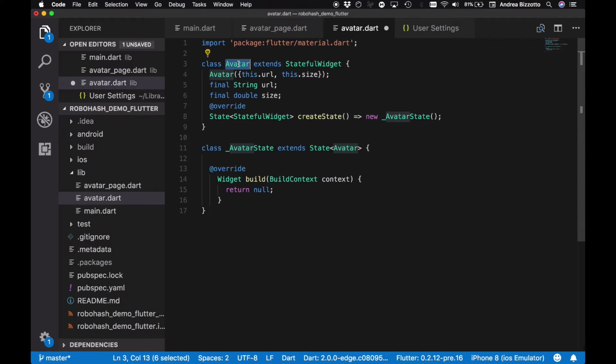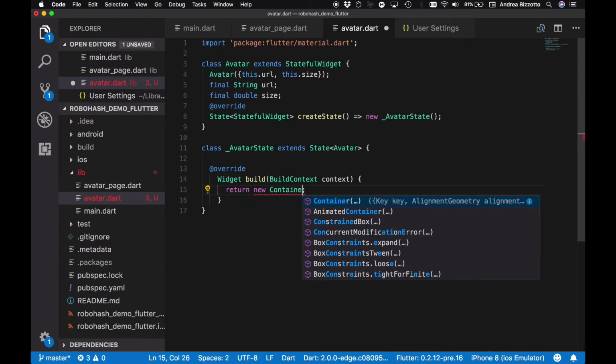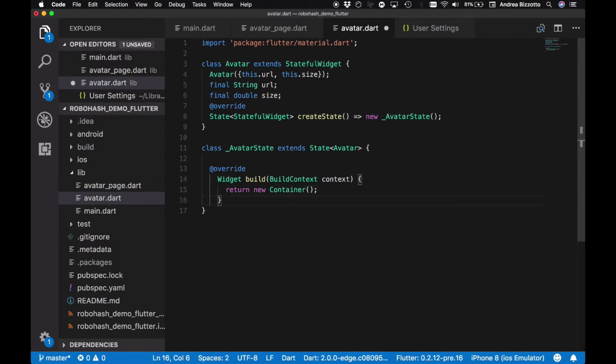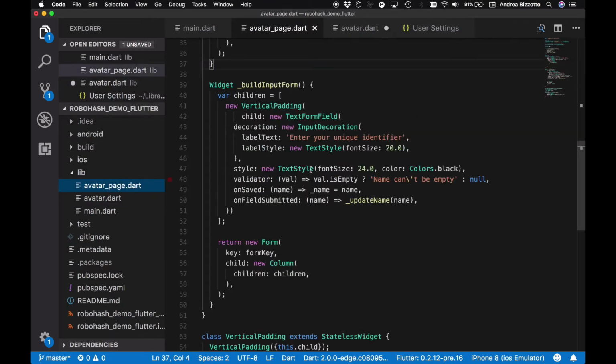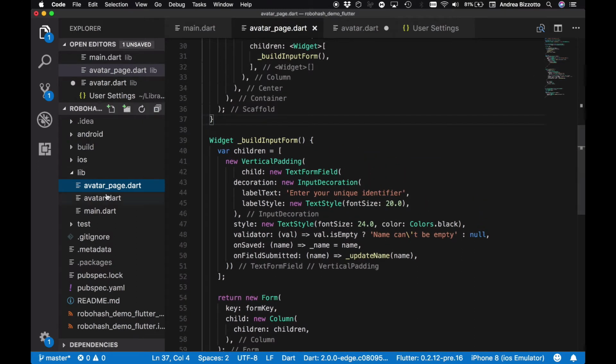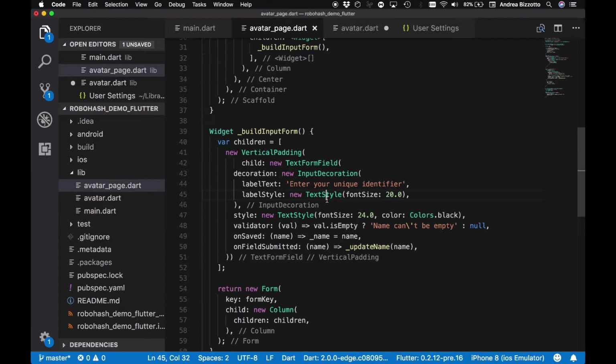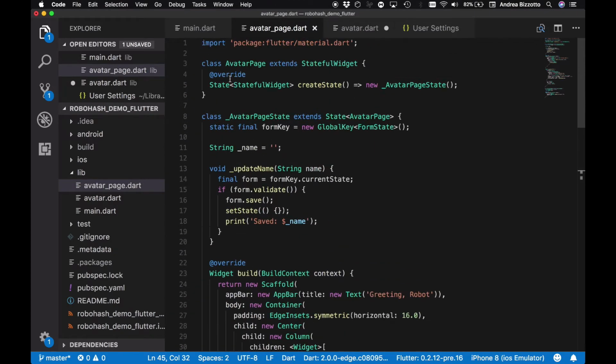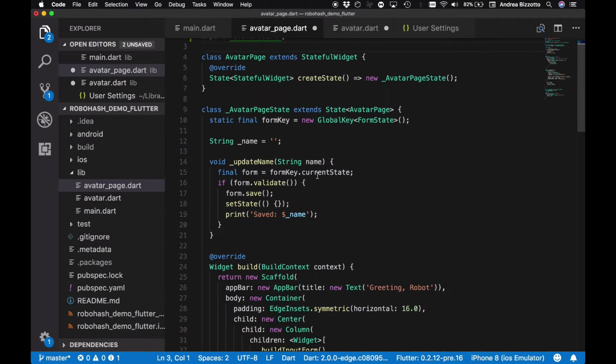Now that we created the widget, I'm just going to make sure here that we create just a container. So currently this will just render some empty content. And I just want to wire it up as well so that we're going to be able to use it within our avatar page. So the first thing that we're going to do in here is to actually import our avatar file